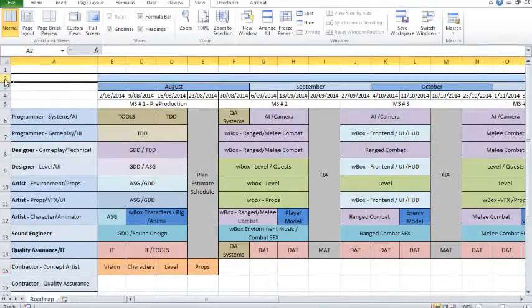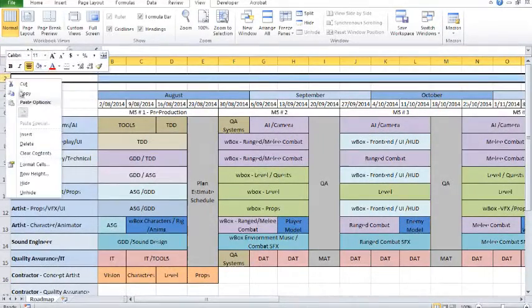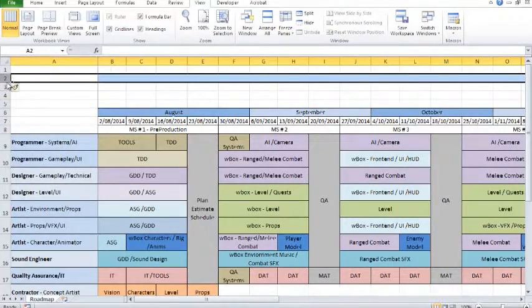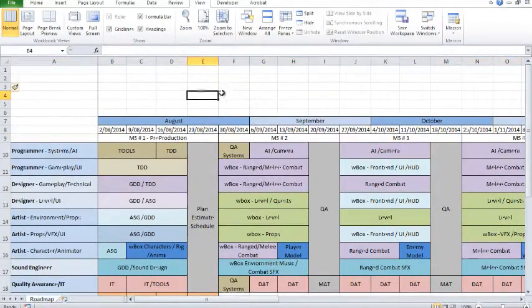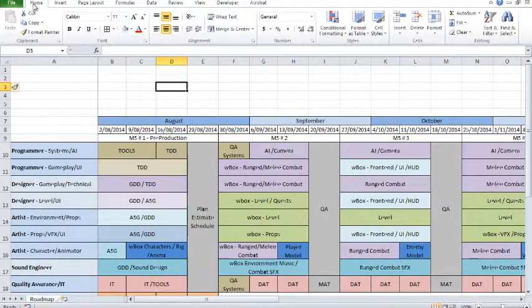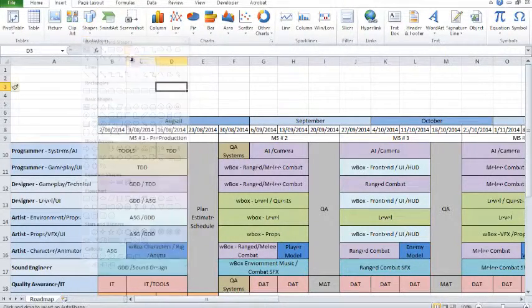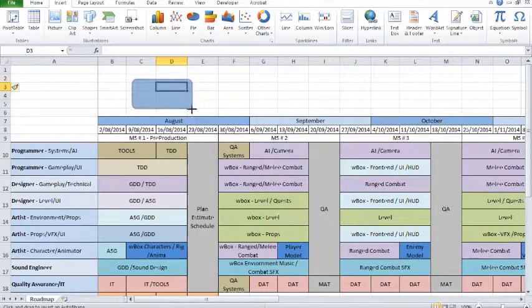I'm going to add in all those milestone definition things. So what we want to do is just insert a couple of rows so we have enough room to add those plaques. And what we're going to do is insert some shapes, and you can pick a few different types of shapes, but for this purpose I'll just get the rounded rectangle. And if I drag out a rounded rectangle here,